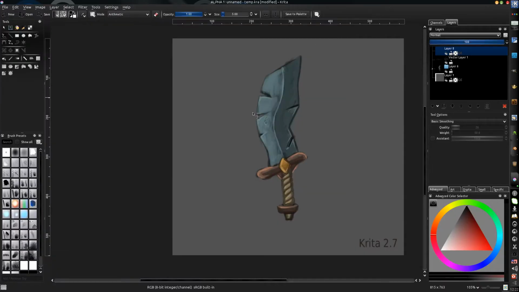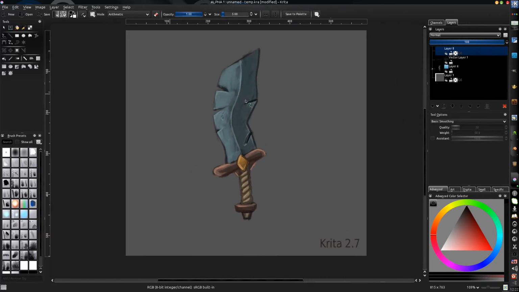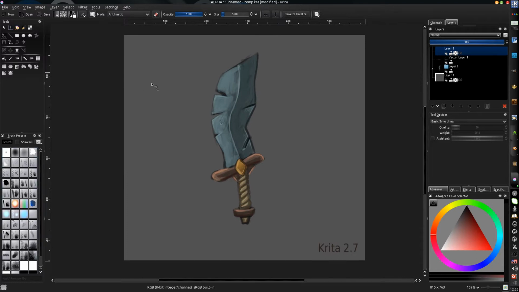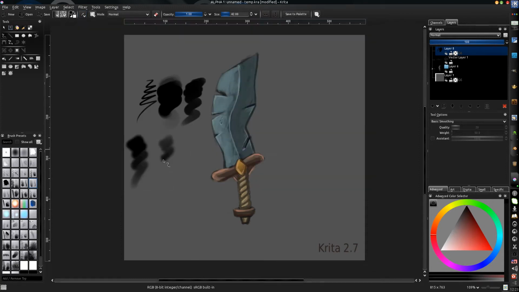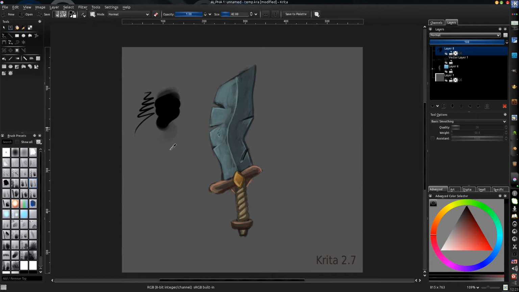Hello, this is my little introduction to 3DCoat and Krita. Krita is a good 2D painting program which has pretty interesting and good brushes, and I just want to introduce you to some of them. It has a good set of brushes where you can already do some interesting stuff and